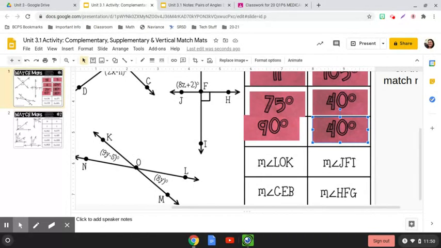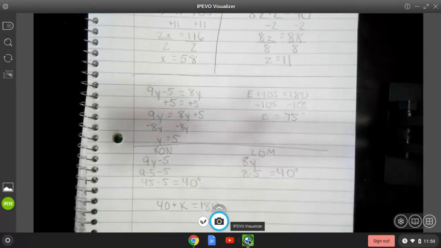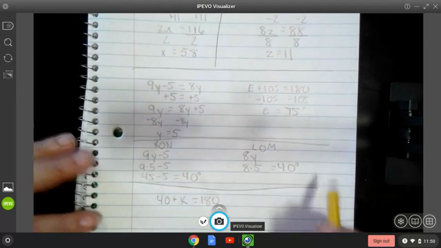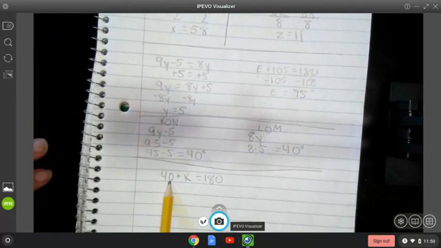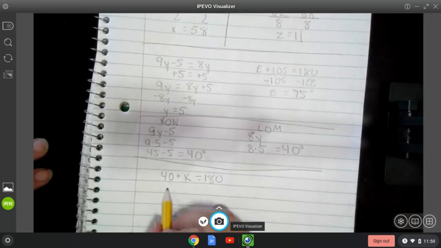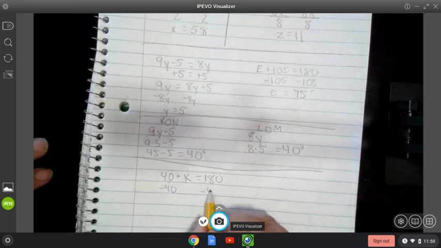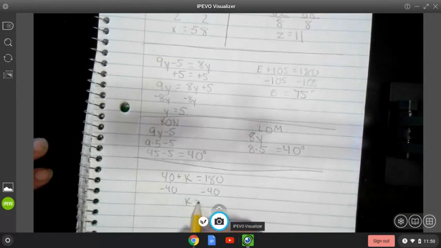But when we have two angles that form a linear pair, we know that that equals 180 degrees. So we can tell our math story with what we have. So right here, we have our part of one of our pairs. So we have 40 plus our other part we don't know equals 180. So to get our k by itself, we're going to subtract 40 from both sides. And that's going to give us k equals